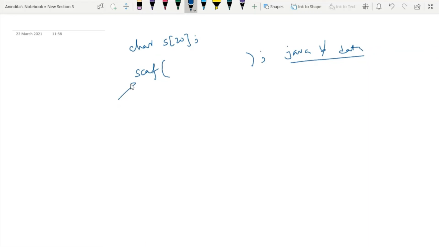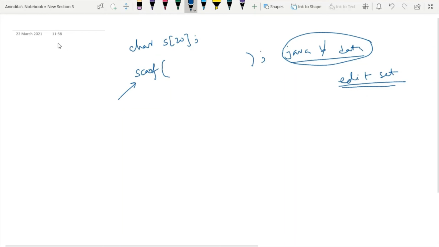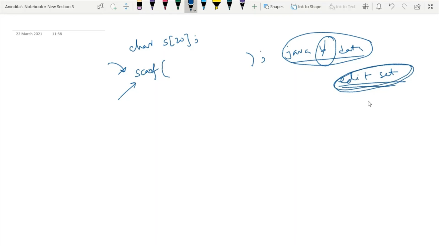If I want my scanf to deal with this situation, then I have to use the concept of edit set. So I think my first point is clear. So why do we need edit set? If we want our scanf function to deal with the blank space, then we have to use the concept of edit set. Means without edit set, scanf will not be able to deal with blank space.